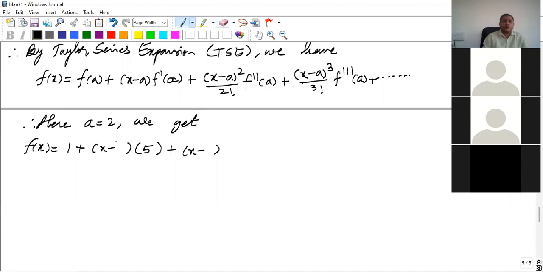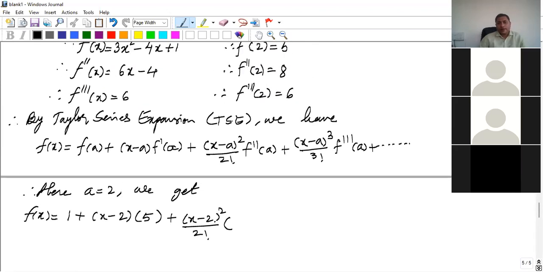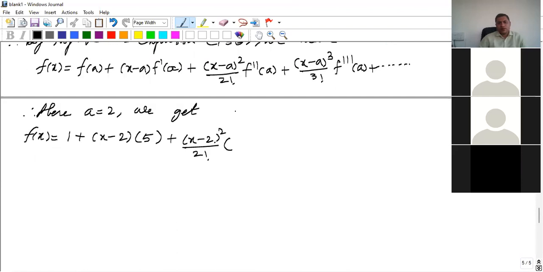We want to find it in terms of this a, so we put in the value of a: (x minus 2) bracket square by 2 factorial, and the value we have obtained is 8. Then plus (x minus 2) bracket cube by 3 factorial, and this is 6. The remaining terms are all going to be 0, so we don't need to write those terms, and hence we can write f of x is equal to